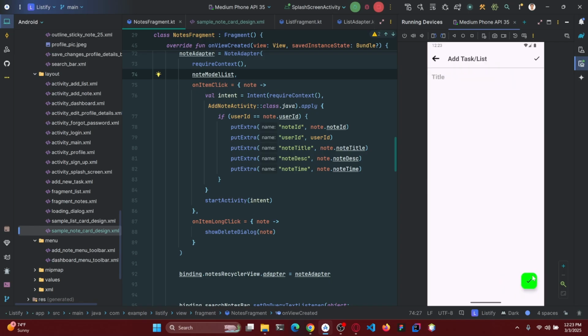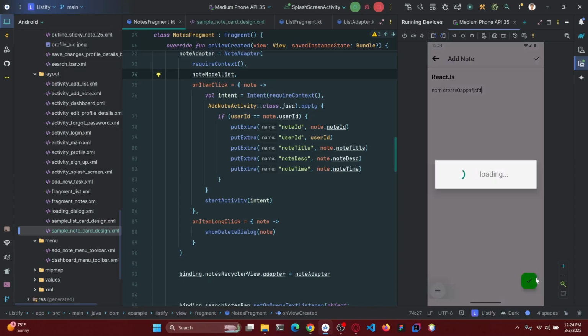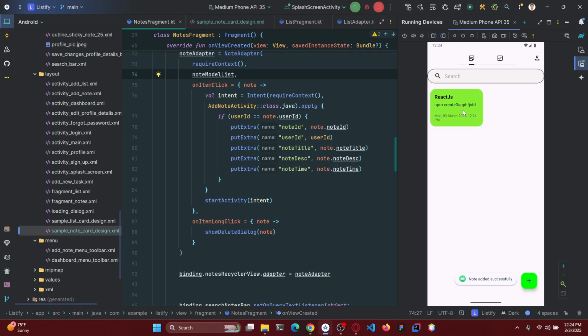Let's add something. Let's say I want to add a task, or rather, a note. This is a note, and this is a to-do task. So let's say I have a note. Let's say I want to install React JS is a note, the title I've written, and I'm writing some notes. So to install React, this is the thing I've written. Let's say this is my note. And whenever I click on it, the note is created along with the title, the description, and the time